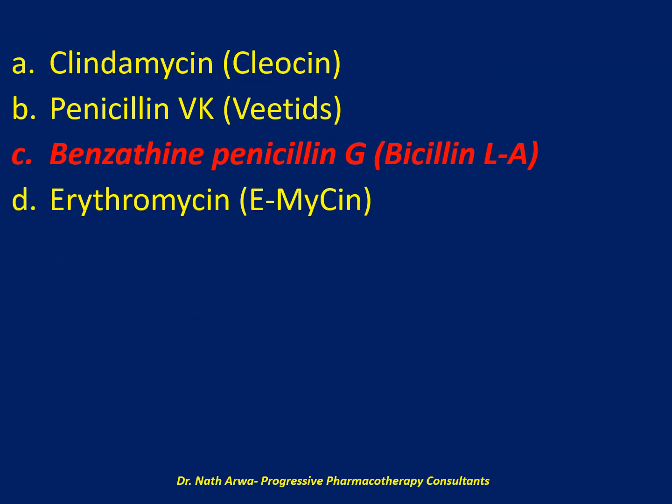I would settle for C, benzathine penicillin G, marketed as Bicillin long-acting via the IM route. Remember, benzathine penicillin G is a long-acting beta-lactam which is administered once as an IM dosage form. Now, this single dose will treat pharyngitis due to Streptococcus pyogenes, which belongs to the group A Streptococcus, and it will ensure that Master KOK receives adequate treatment in this clinical situation